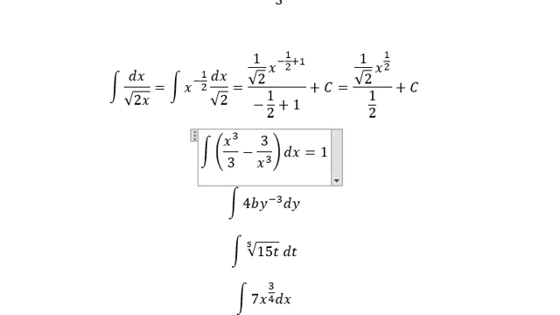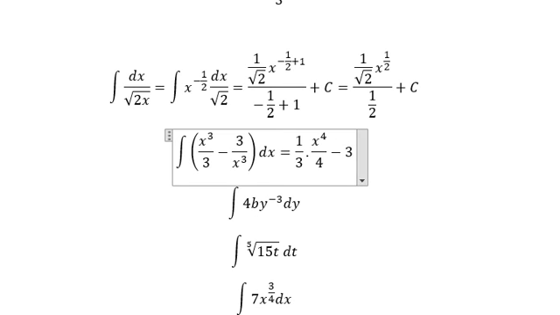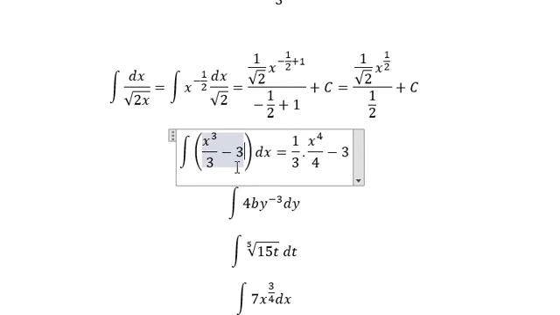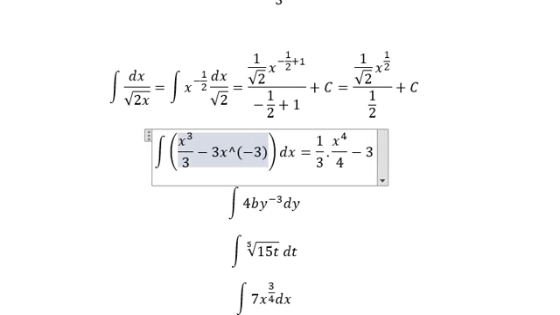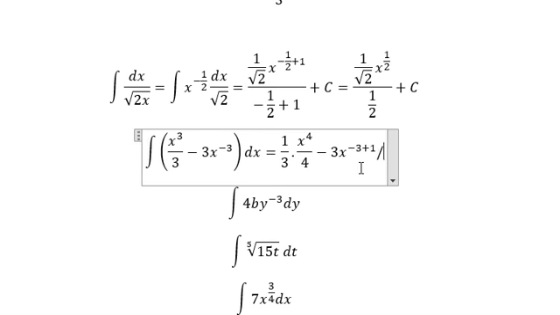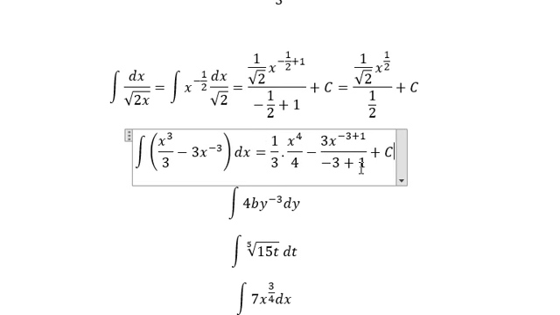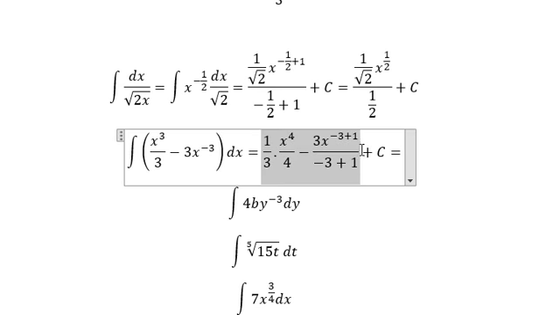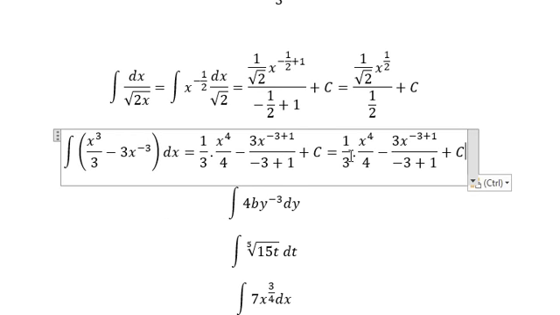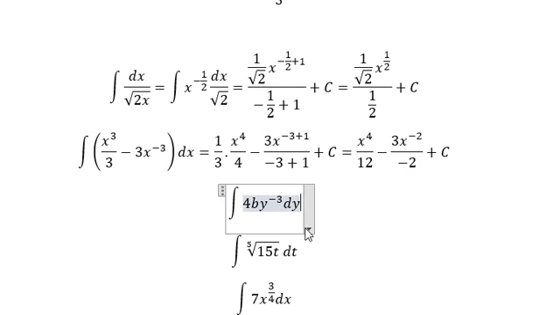This one you get s to the power of 4 over 4 minus 3. This one we can write into negative 3. So this one you get 12. This one you get negative 2, negative 2. This one